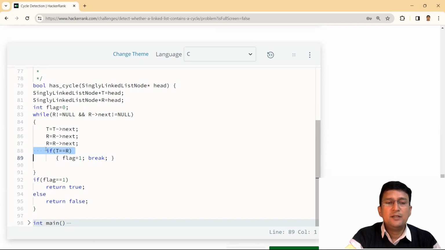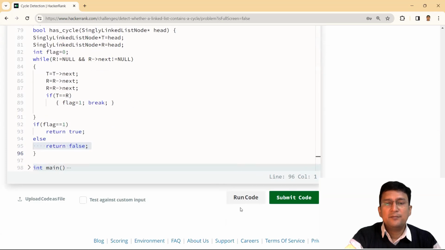If the tortoise and the rabbit after this increment are at the same location, we will say that there is a cycle. For indicating so, we are taking a flag and that is set to 1, and we will break from this loop. If the flag is 1 after this loop, it means we have to return true. There is a cycle in the linked list, otherwise there is no cycle in the linked list. So return false.